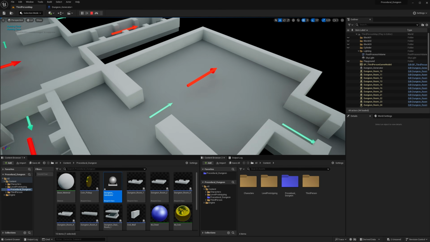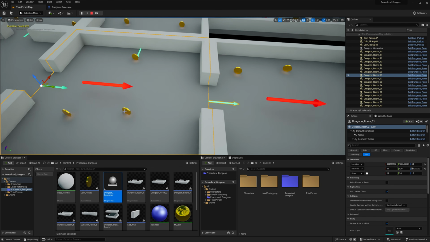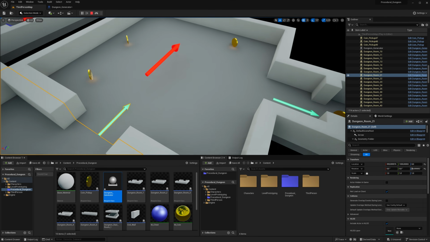For example, this exit arrow that is part of this room, when a new room has been added to this arrow, will be removed from the dungeon list here. So it cannot add a new room on top of it, right? But this arrow, we will add that to the door list, right?